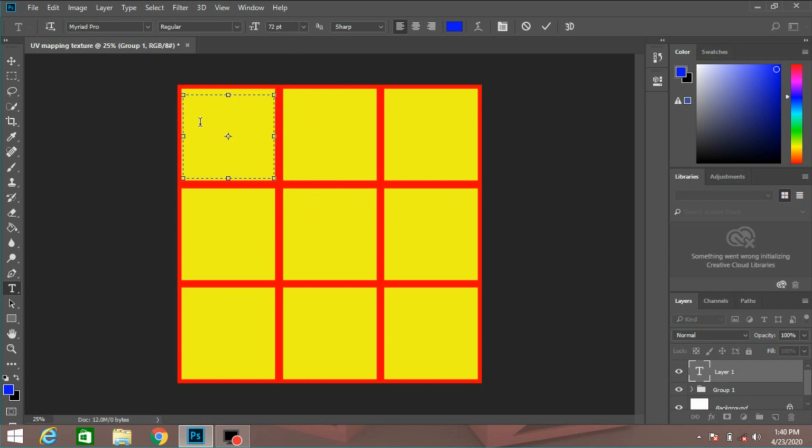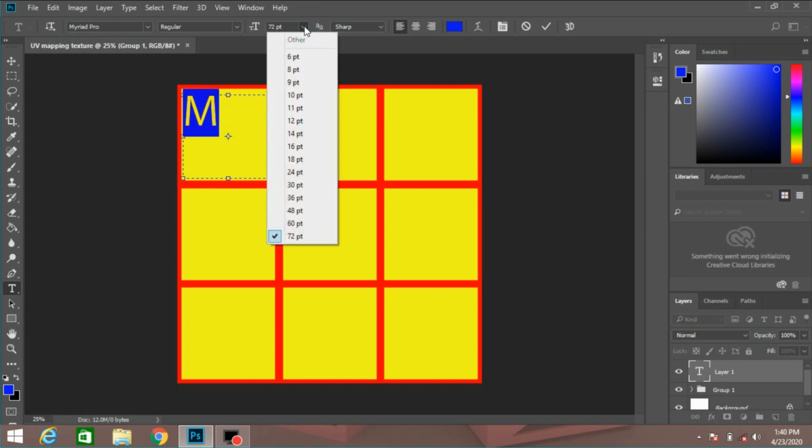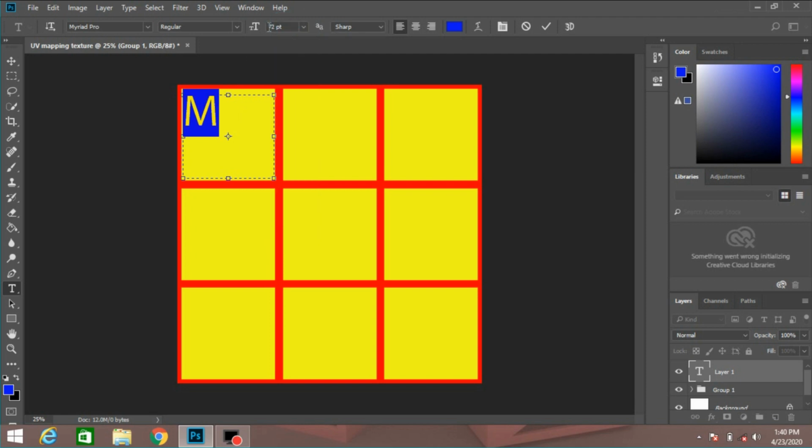Here I type M. Select this, increase the size, just type 100 and click here, type here